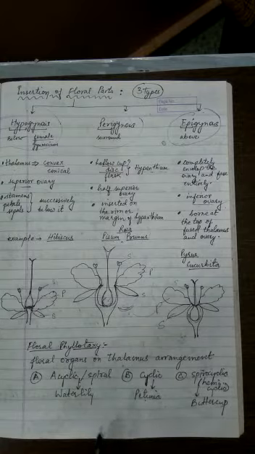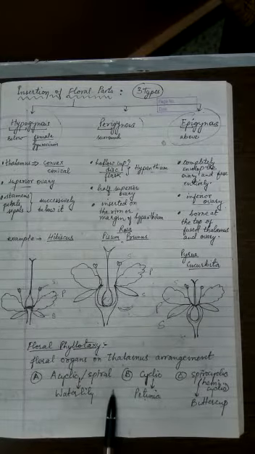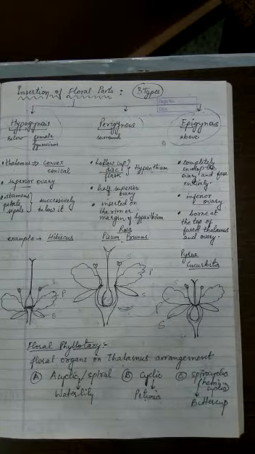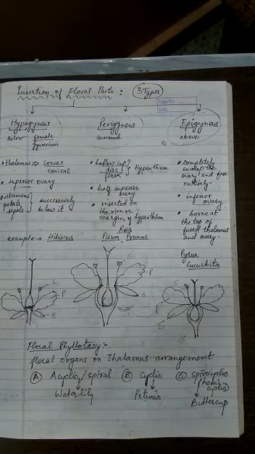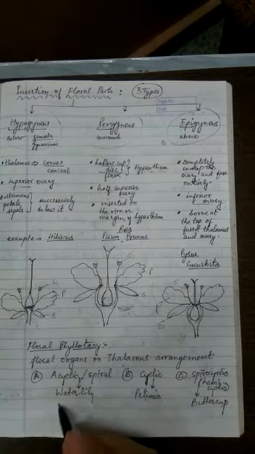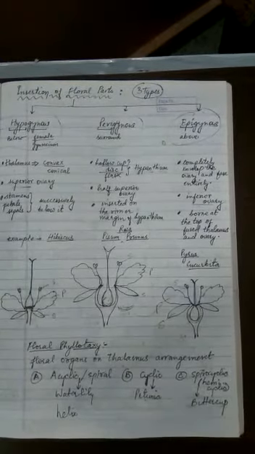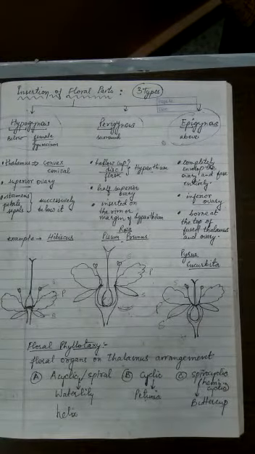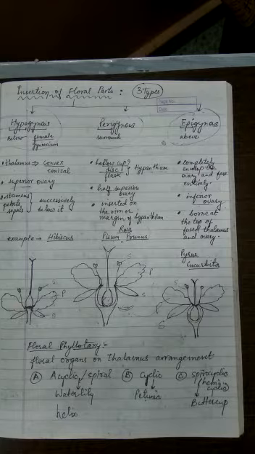So the floral phyllotaxy can be acyclic or spiral form. Spiral form means the petals and sepals are arranged in a spiral manner, or you can say helical manner. So a helix is formed, and because they are arranged in the helical manner, you can easily see a spring type of structure moving up. This is very common in magnolia, and in water lilies also. If you have seen the water lilies or lotus, you will find this type of floral phyllotaxy there.